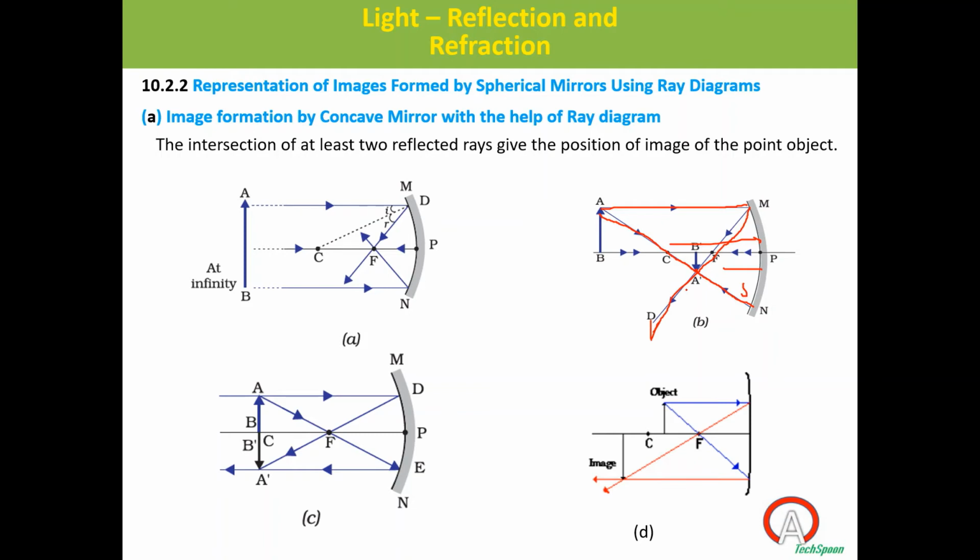Then, erect or? Size of the image. Nature. Okay. Nature of the image, right? 3 different things. First is position of the image, then size of the image. Size means diminished, reduced in size, or enlarged. And third thing is whether I am getting an erect image or inverted image. Right? So all these things you have to find out.